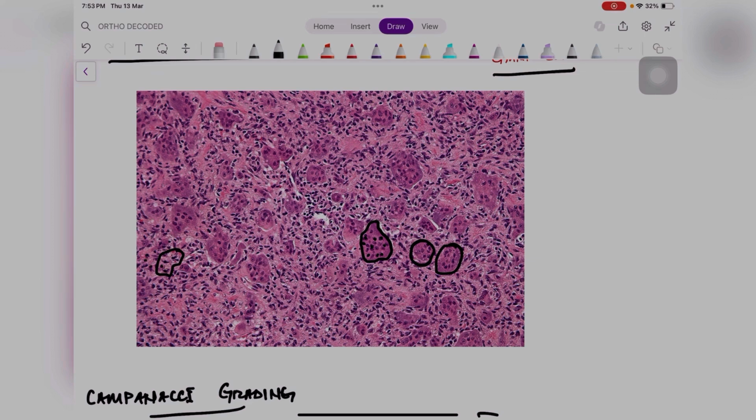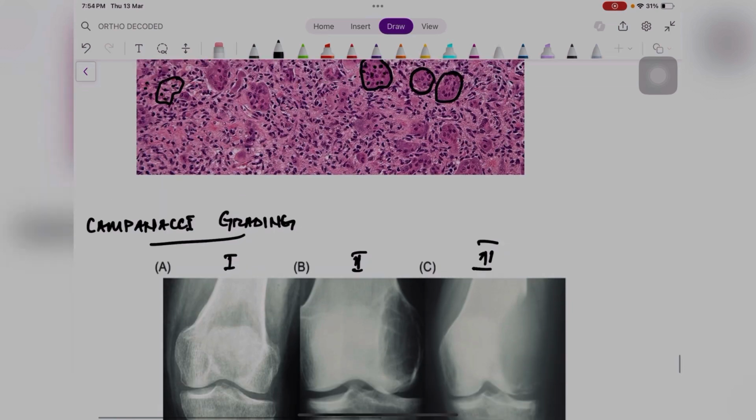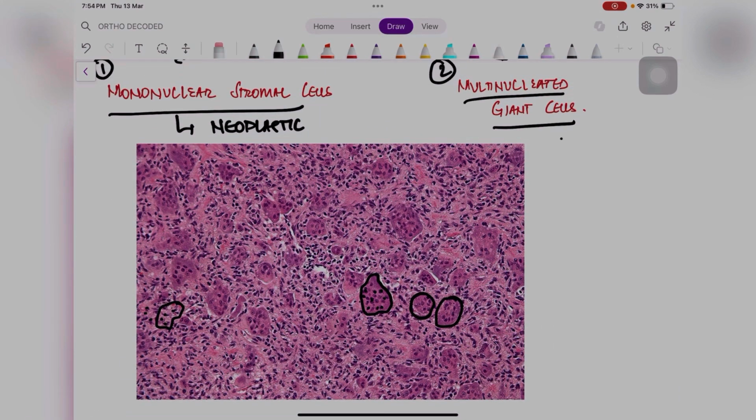These mononuclear cells in the stroma are very important because they have the neoplastic potential. But the multinucleated giant cells are the characteristic feature of